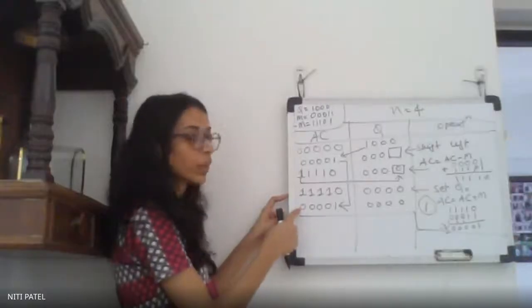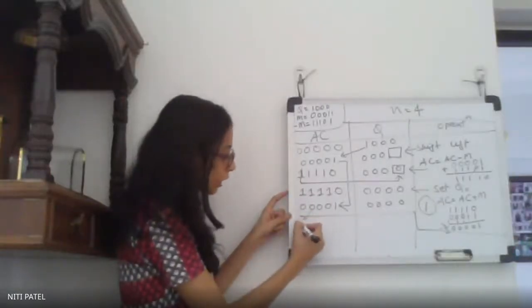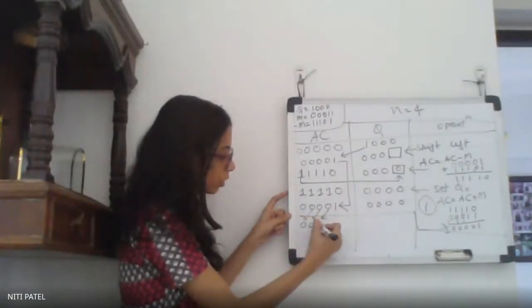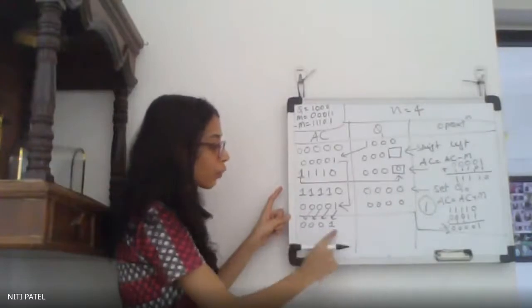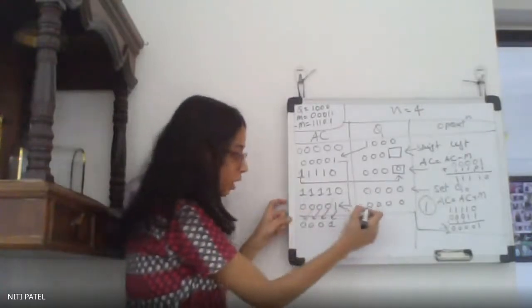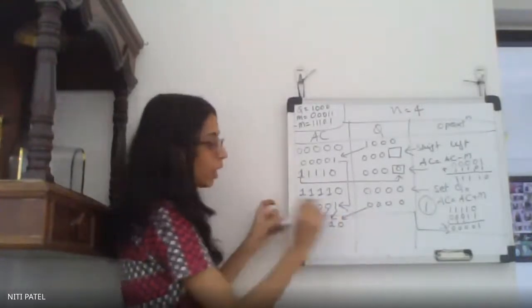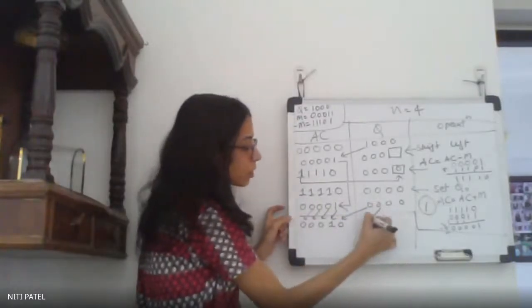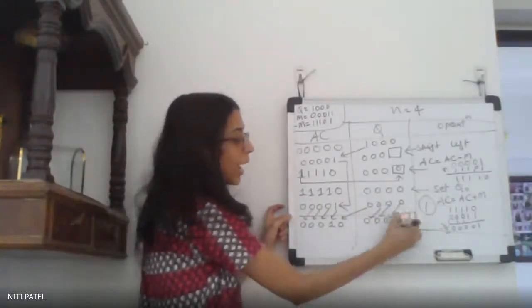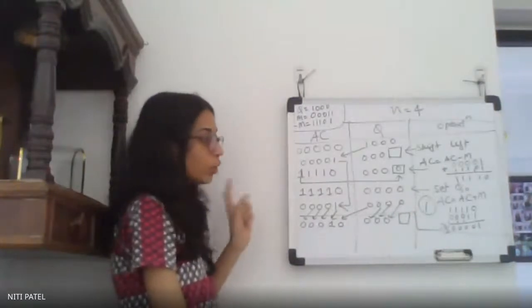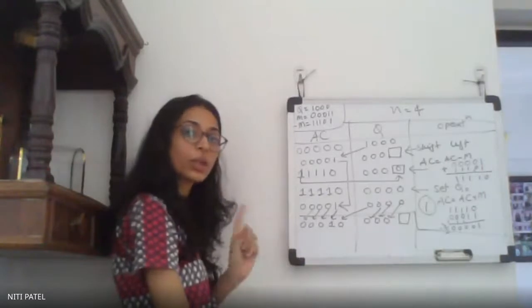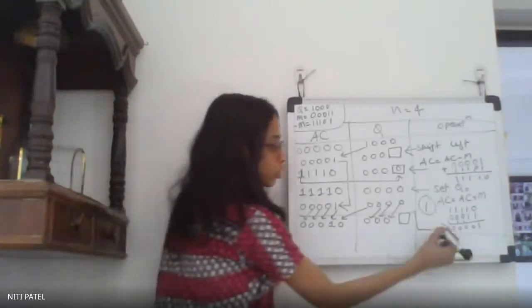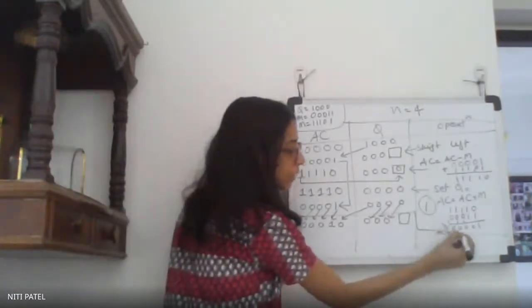So when I do the left shift, this 0 will get discarded. So this 0 will come here, this 0 will come here, this 0 will come here, this 1 will come here. Now I want one more bit. Why? Because this is 4 bits and required are 5 bits. So I take this 0 from here. This 3 bits copied as it is. I have to fill one more bit. So will I fill it right now over here? No. I have to fill it after I perform AC is equal to AC minus M. So do AC is equal to AC minus M.